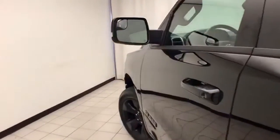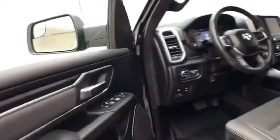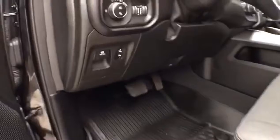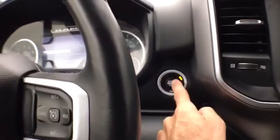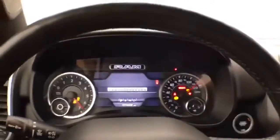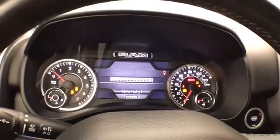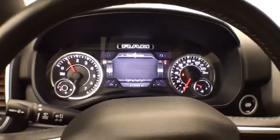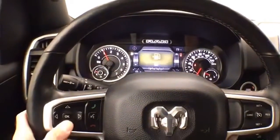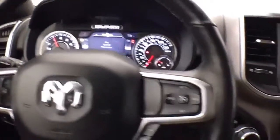This Bighorn has keyless entry with remote start, power windows, locks, mirrors, power driver's seat, power adjustable pedals, and a tilt and telescopic steering wheel to put you in that perfect driving position. Large, easy to read gauges with driver information system, controlled by buttons on the steering wheel, cruise control,